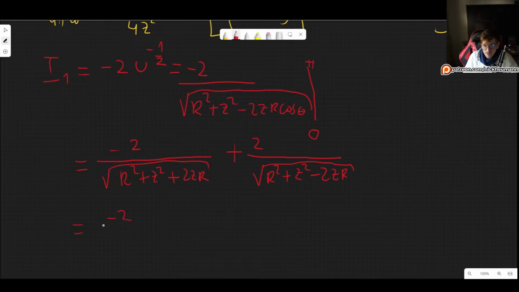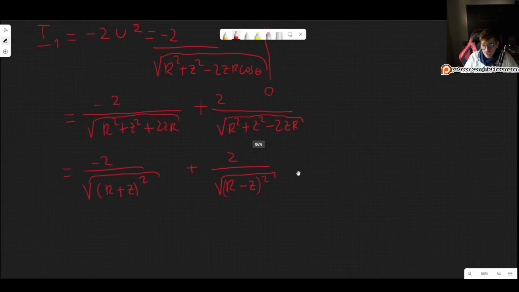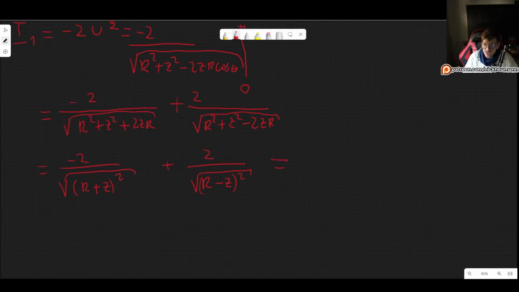What we have in the denominator is exactly something squared, right? This is r plus z squared. Simply multiply through, you get exactly the same thing. And on the other side, we have r minus z squared. So this means that we can get rid of our square root, but we have to be a little bit